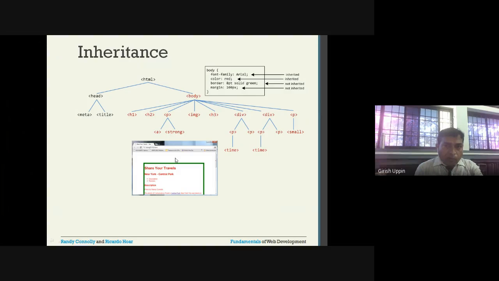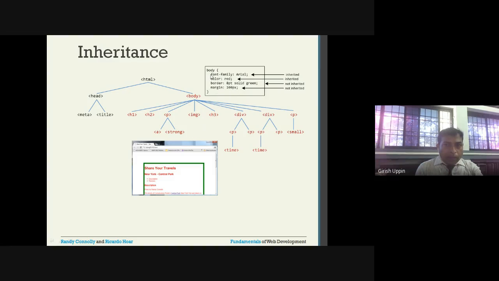So I have the next example. I will show that. You can see the output here. The color and the font, you can see it is applied to all. The color is red, you can see that clearly, and also the font is Arial. So all the text font is very similar. It has applied these two properties to all of its children.